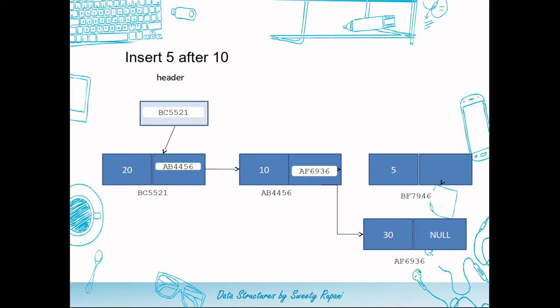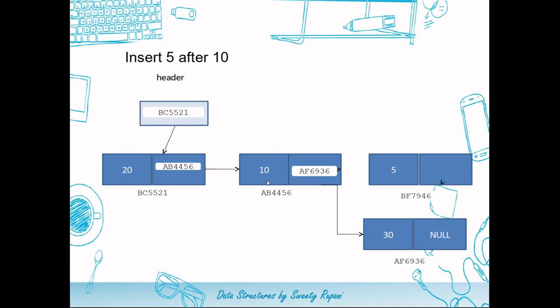An address is assigned for this particular node. Now we will have to search for a node with the data value 10 right from the beginning. So we will start our journey from the first node. We will keep a pointer p which will iterate through the list in order to find the value 10. When the pointer points to the first location, we get that the value is 20, so it's not our desired value. The pointer gets incremented to point to the next node.